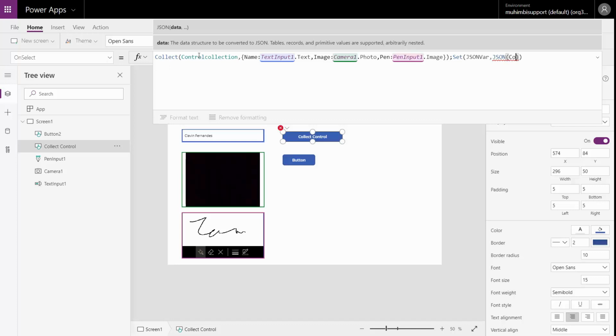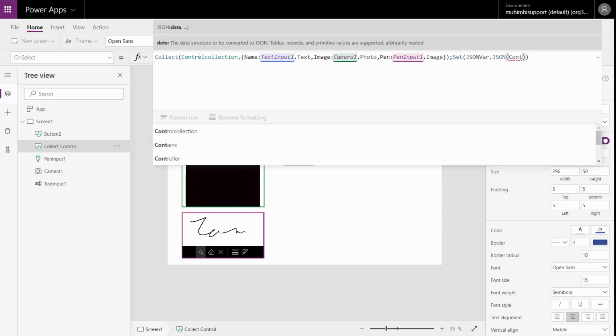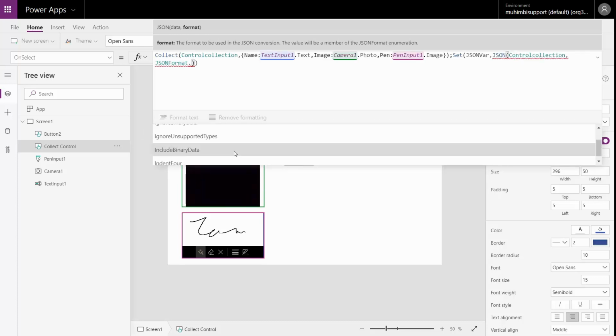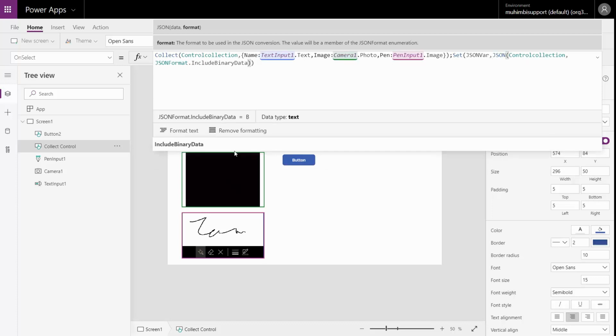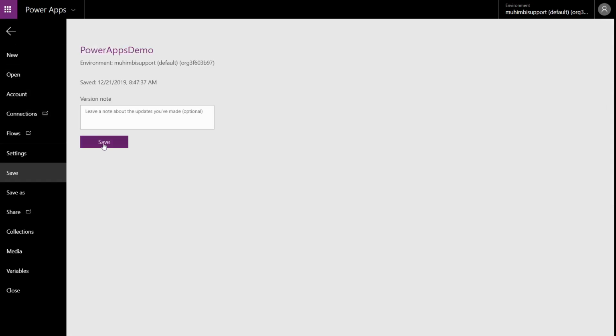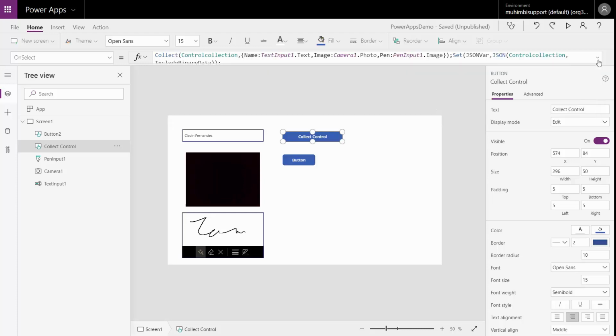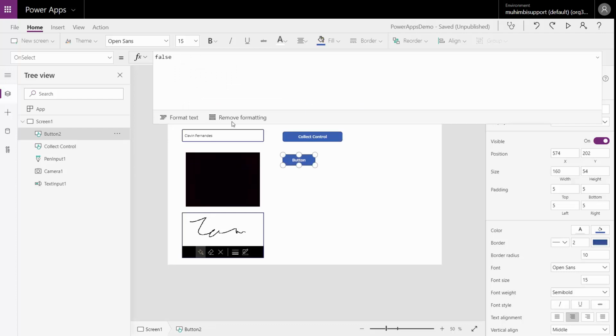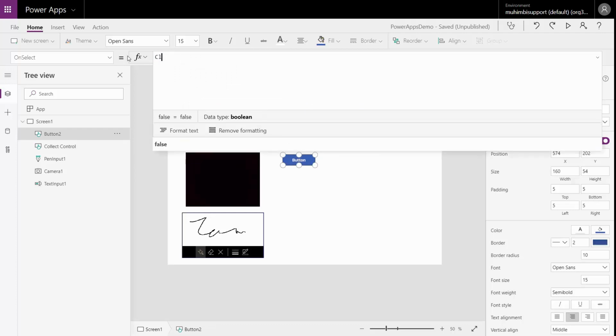So I'll tell it pen control collection, and then I need to pass it as JSON format dot include binary data. We will include binary data because we have both the images and the pen control, and I think that's it. So let's first save it, and let's create a new collection. But before we create a new collection, let's clear the old collection. So I'll just use this button to clear off the collection,